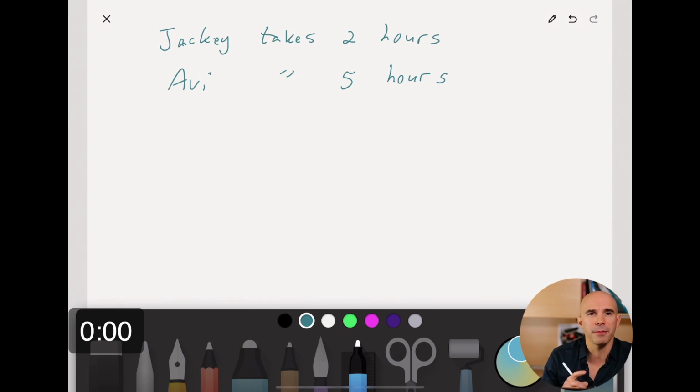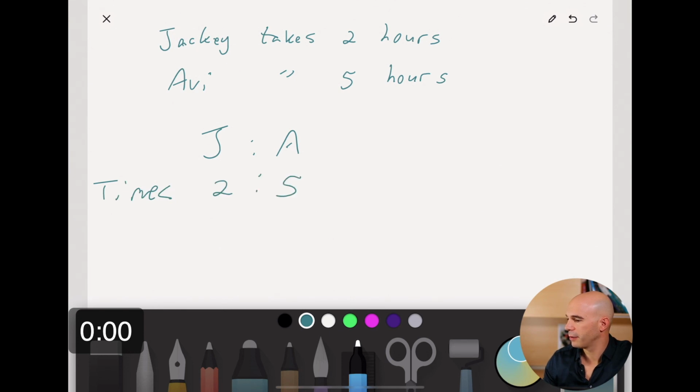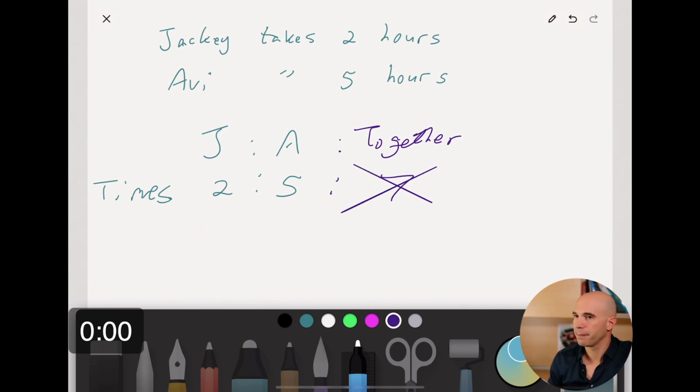But let's take this one step further. What fraction exactly of the total job would Jackie do, and what fraction would Avi do? That's right. You could say J to A, when we're looking at times, it's 2 to 5. Now be careful, everyone. You don't want to add them together for the times. Don't make this mistake. That's wrong, because times are not additive. But then, when we talk about rates,